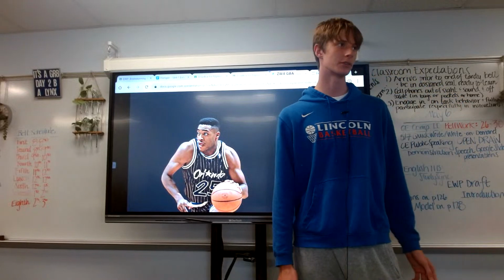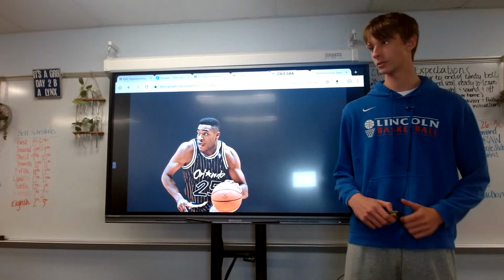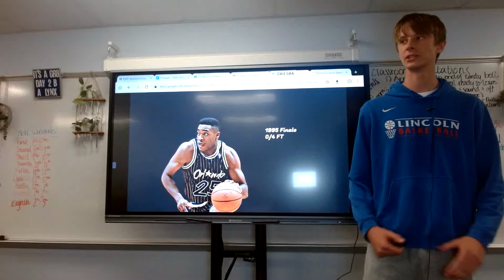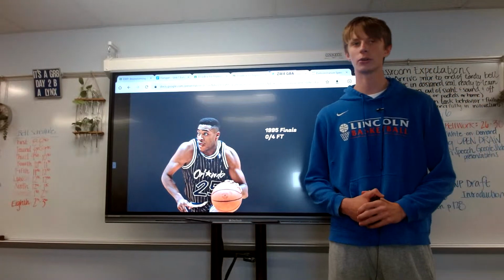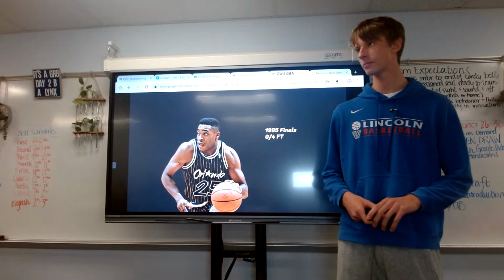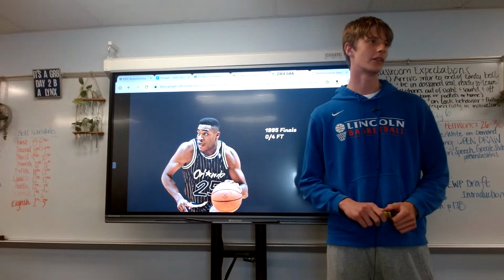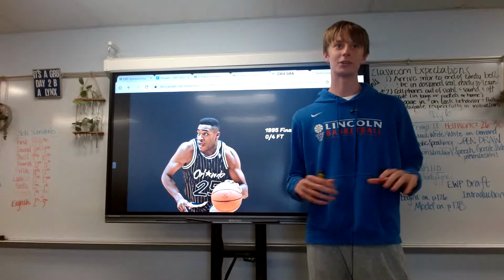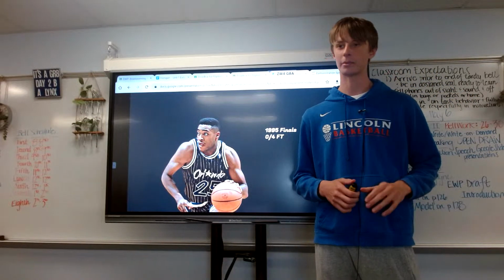up to the free throw line to attempt one of two free throws. He went up and missed the first, and they were up by 3, so they really only needed one more free throw to seal the game and make it a two-possession game with time expiring. And then unfortunately, he missed the second one, but he got lucky and was able to get the offensive rebound,